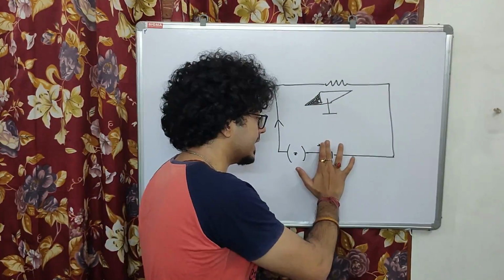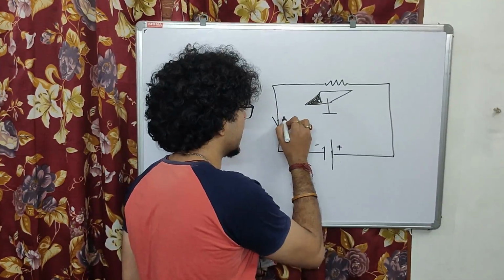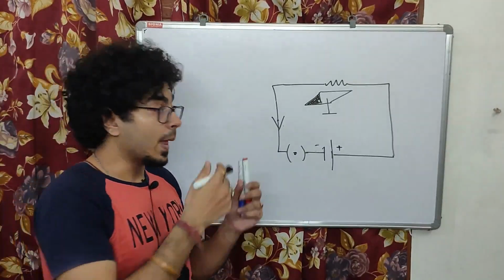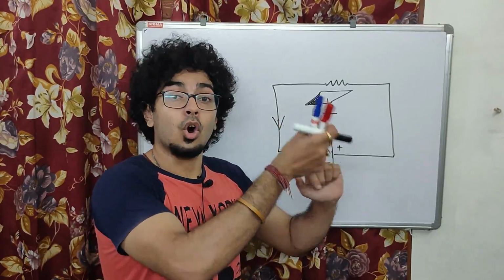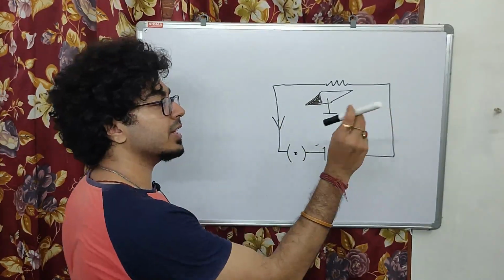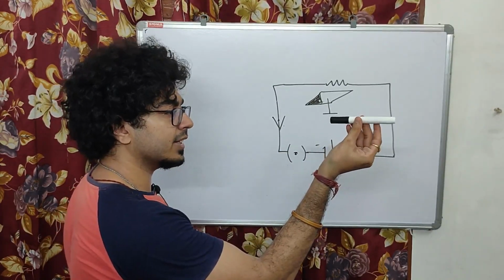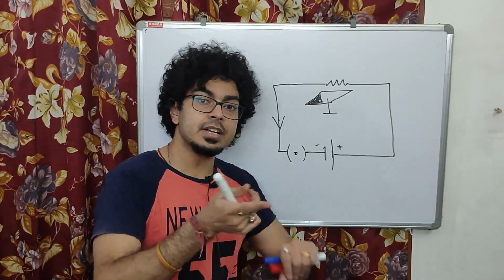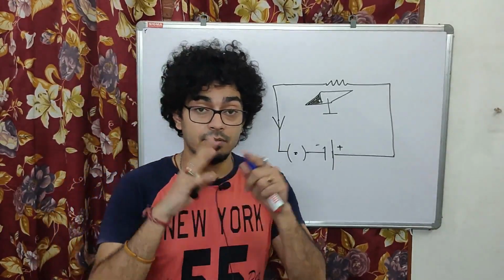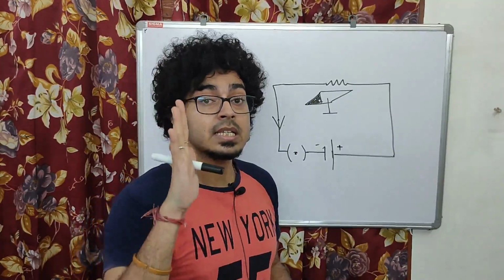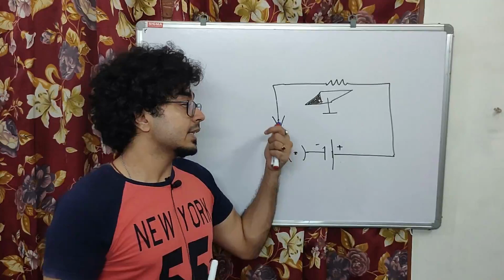Now he changed the polarity. Due to changing the polarity, the direction of current is in the opposite direction. Now he observed that the magnetic needle is deflecting in the opposite direction. So if previously it was deflecting like this, now when the polarity has been changed, the magnetic needle is deflecting in the opposite direction. That means there is a reverse effect. So from this experiment, it has become very clear that there must be some kind of magnetic field associated with the current carrying conductor.